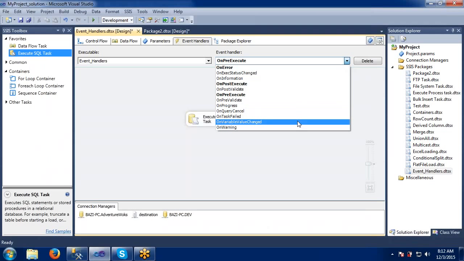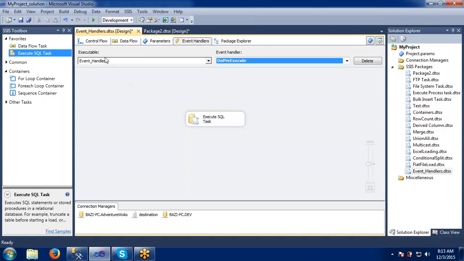So what are the events we have taken care of? If you see, whatever event handlers we are taking, those come in bold. The rest of the things are in the normal way. Means these highlighted ones are taken care of in the event handlers. So now what are the things we have taken? On error, post execution, pre execution. On the post execution, end time is updating. On pre execution, our start time is updating. If anything goes wrong on error, we are updating the error description also.